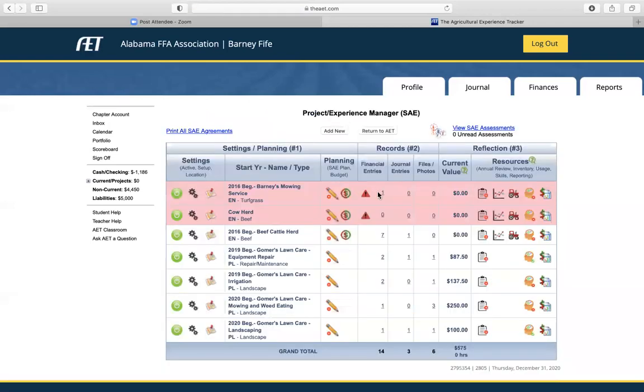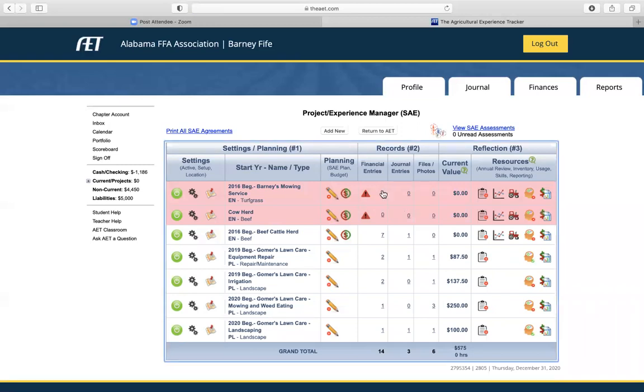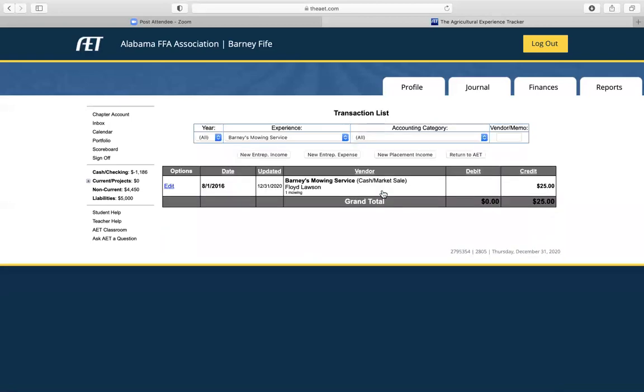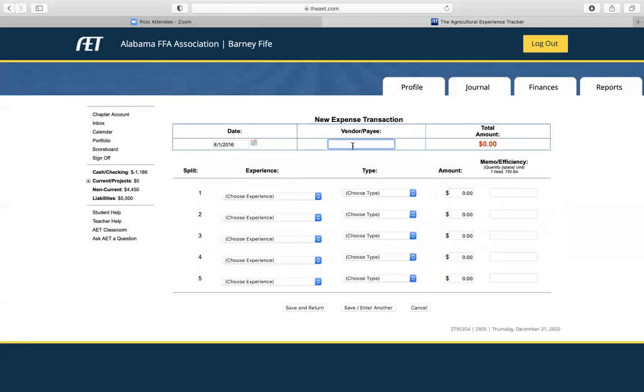But if you want to do another financial entry, let's click on financial entries again here. And the reason that little triangle's up there is because we hadn't done a financial entry lately. All right, we're going to do new entrepreneurship expense, excuse me, I meant to say expense. We're back on Barnes Lawn Service. So we're going to buy from,